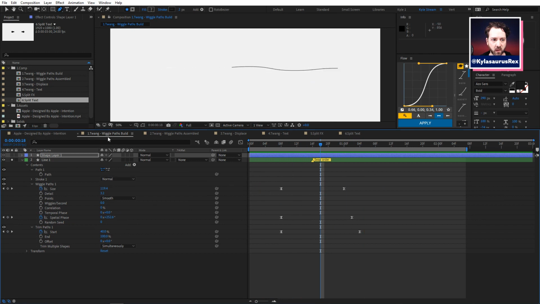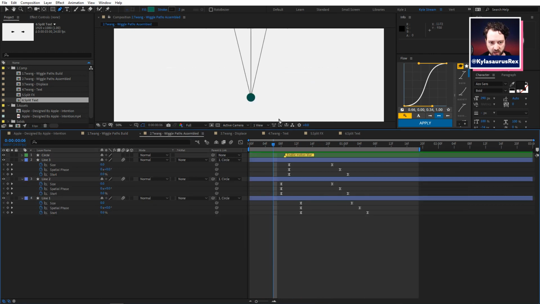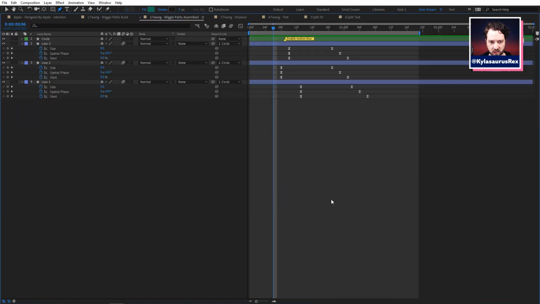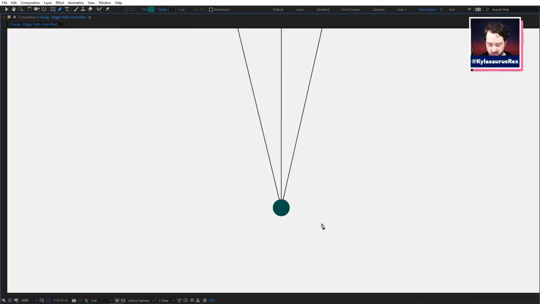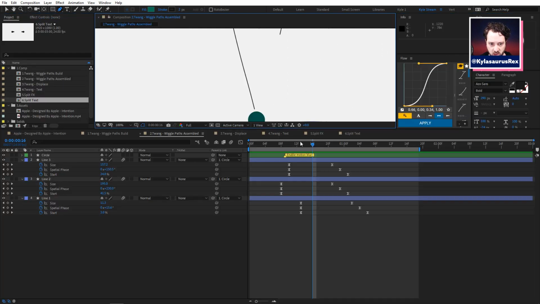There's just one of them. Just to see it in context, here are 3 of them with some slight timing offsets so you can see it a little better. Bing. Each of them has a slightly different random seed, so they look a little more organic, a little different. And I thought those looked pretty nice. One thing I noticed on the actual one is there was a little touch of a taper on the ends, which I couldn't get through shape layers. But I noticed if you turned on motion blur, it actually did that pretty nicely.